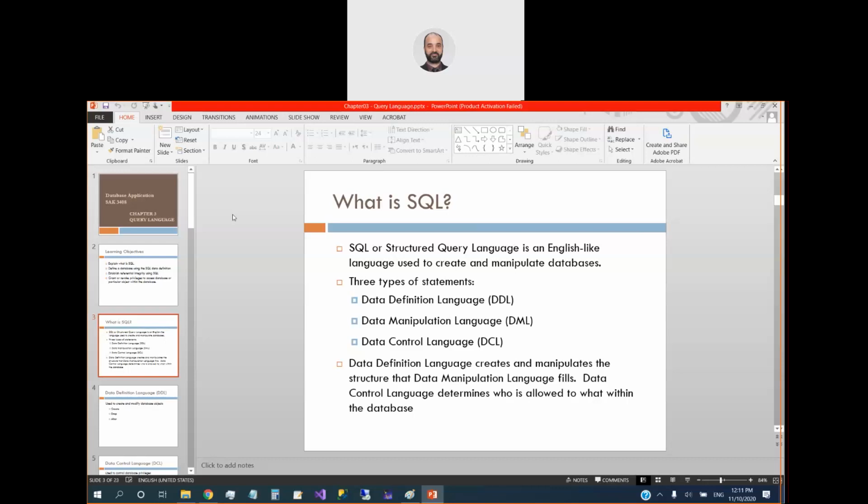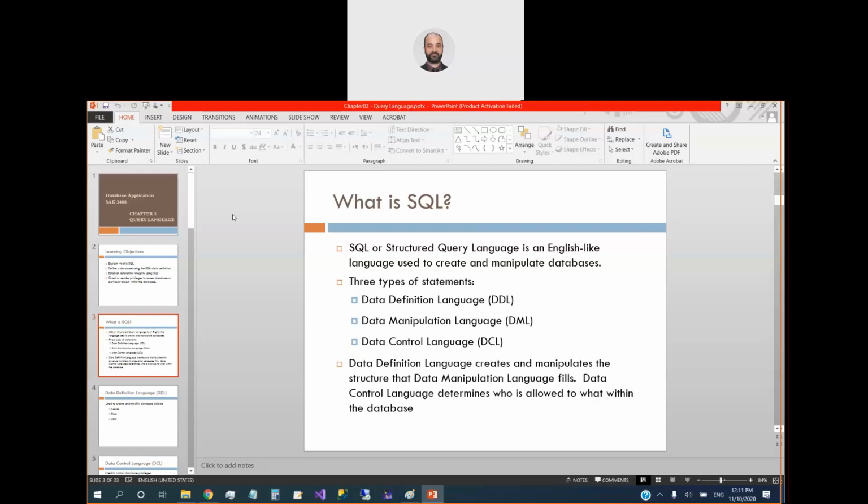Manipulation of a database could be the creation of a table, creation of a relation, deletion of an object like a table or relation or whatever. Also the insertion of data, updating the data, deleting data, whatever. Okay, everything is called data manipulation or database manipulation. Okay. 3 types of statements here, as I mentioned: